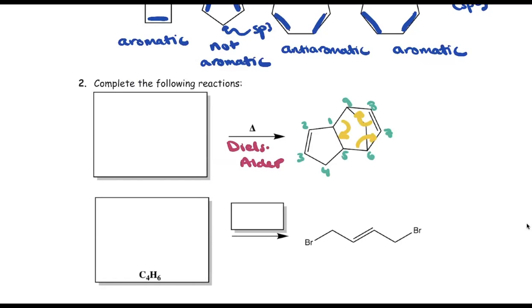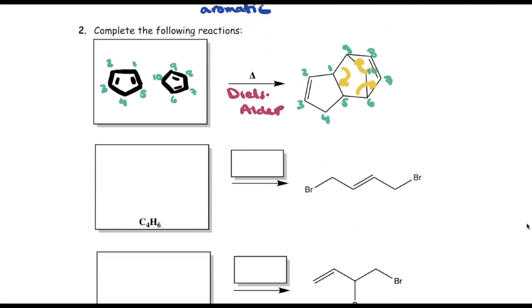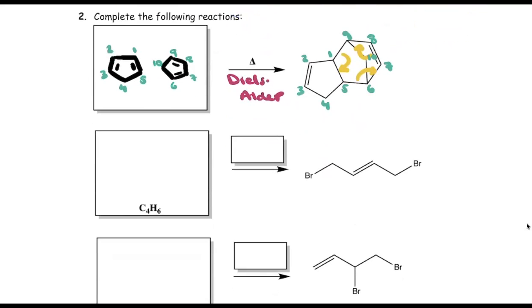And if you go ahead and then do that, this one is 10 up here, you're going to end up seeing that you have this with carbons 1, 2, 3, 4, 5, and then this over here, 6, 7, 8, 9, 10. Cool. Next one. So you see that we're starting off with only C4H6, and we are adding bromines on our